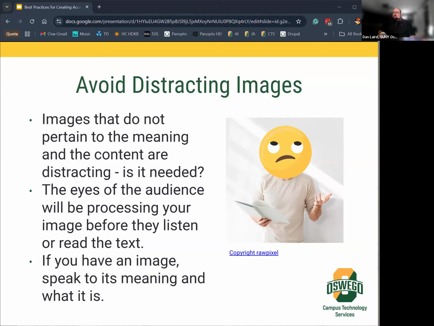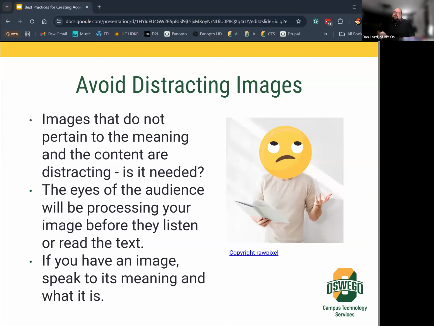What's it conveying? Why is it there? Our brains automatically do that. And even though it's just for a second or two, it distracts from the message on your slide. So it kind of distracts from the information that you are giving. If it's something that relates to the information, it's fine. But just think, is it needed?